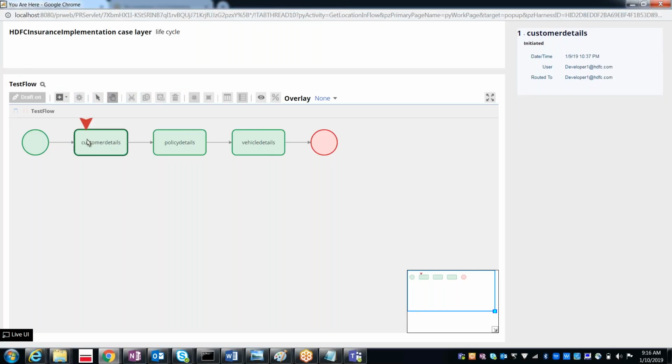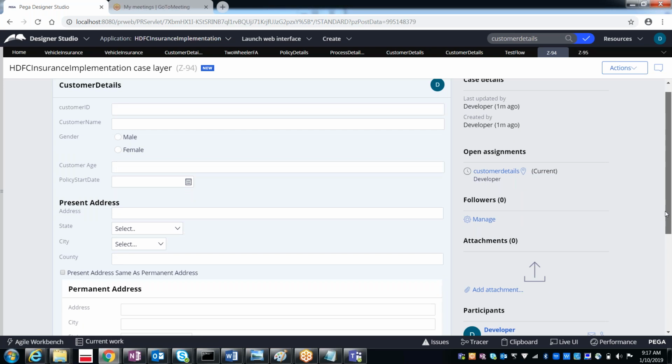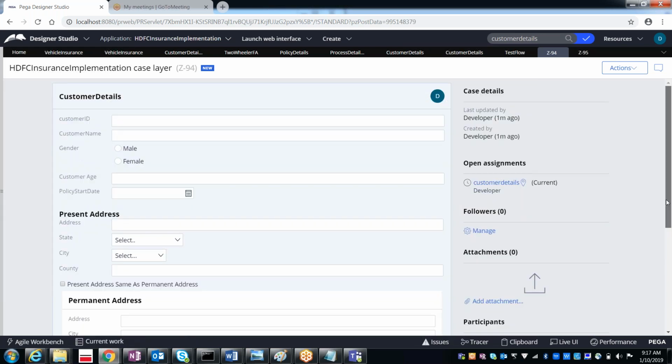Once you finish this one and go to the next assignment, here you will get the tick mark and this arrow will be under the second assignment. So likewise, if you want to see where you are working in the flow, you can use where am I. That is the icon for where am I. And in case you have any attachments, we can see them here. In case you don't want all these options here, I want to remove them.